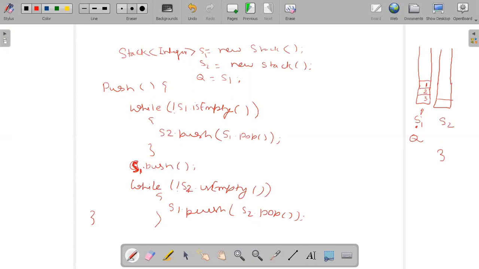If I have to pop anytime, obviously this is a kind of queue, so if someone asks to write the pop operation, you can directly do Q.pop. You have to check the empty condition also, returning -1 if it is null. If someone asks for the peek operation, you can write Q.peek, and here also you can check the empty condition. And there is one more function, empty, so you can perform Q.isEmpty. This is how we can do it.